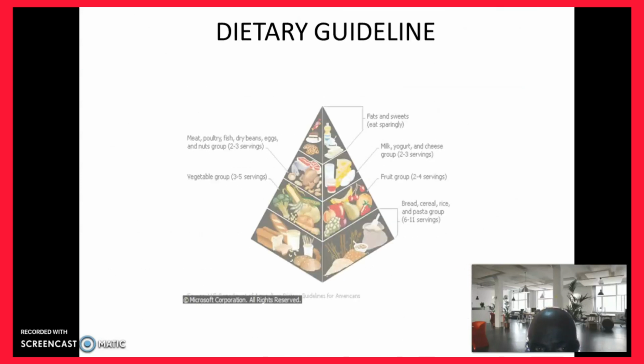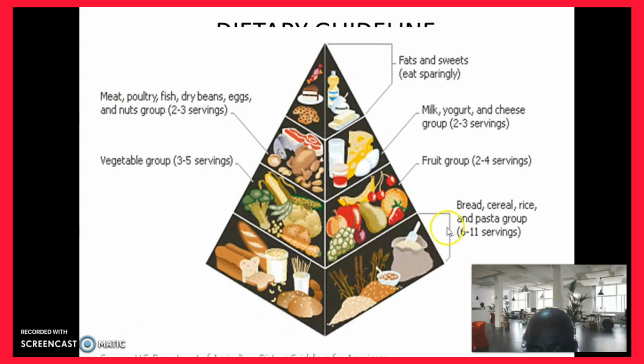Dietary guidelines. From this picture, we can see that you need as much as this for carbohydrate. The carbohydrate should be higher. It's the main energy source, preferable for the brain and the nervous system. Then you need more of the vegetables because they supply the vitamins. It's also an energy source. It's also carbohydrate, just as I defined. And this is where the protein is next, and you eat fats and sweets sparingly.